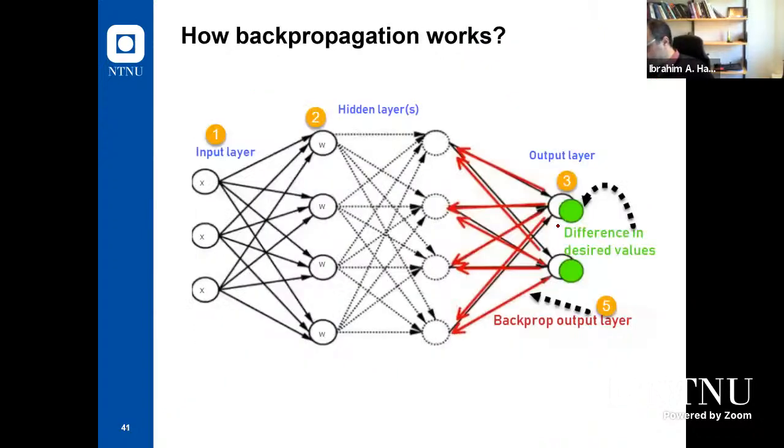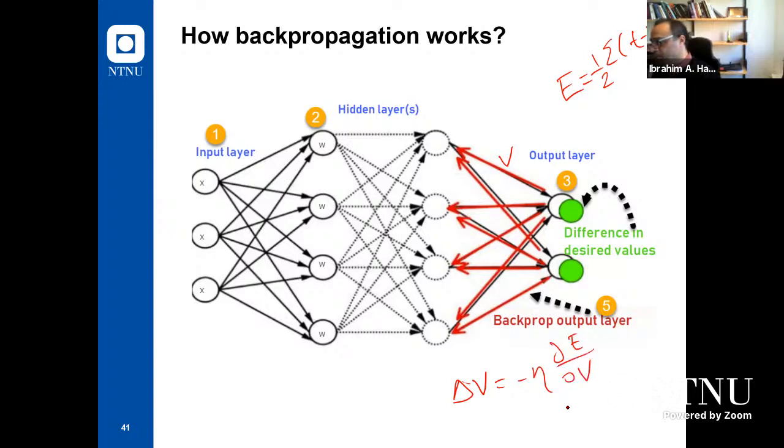Yeah. So how does backpropagation work? We start from the output layer. We calculate the error. We calculate the objective function, which will be half the summation of t minus y squared. And if I want to adjust, for example, those weights here, v, I simply need to calculate delta v, which will be minus eta partial e by partial v. There is no direct connection between the error and the v. So first I need to find partial e by partial y, because e is a function of y, right? So first I will find